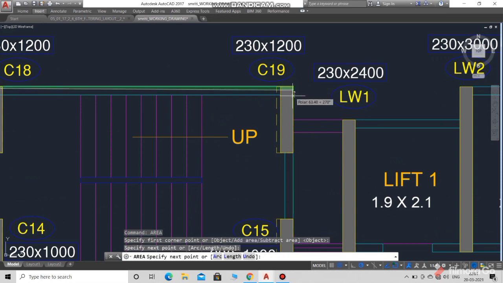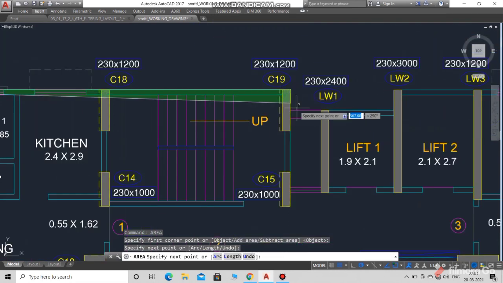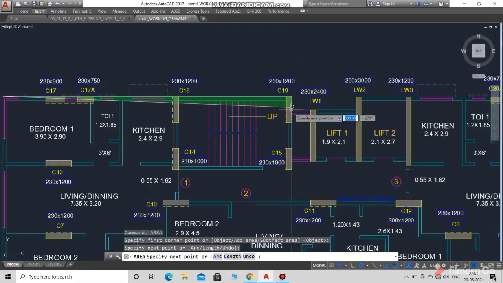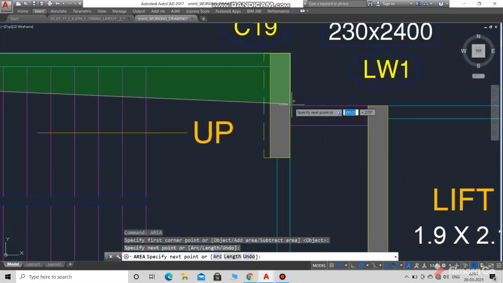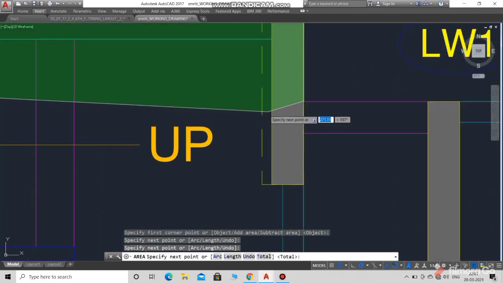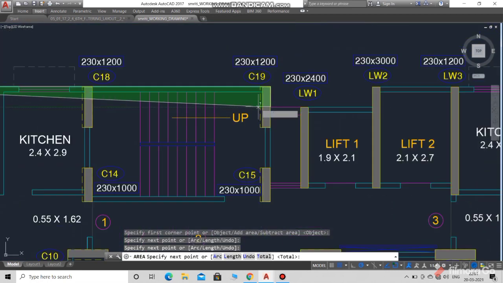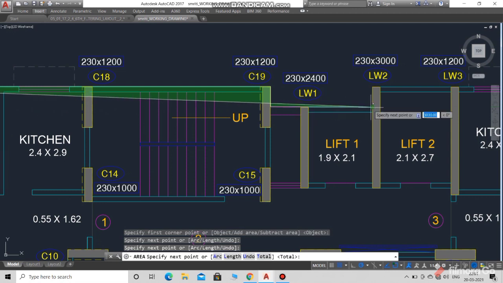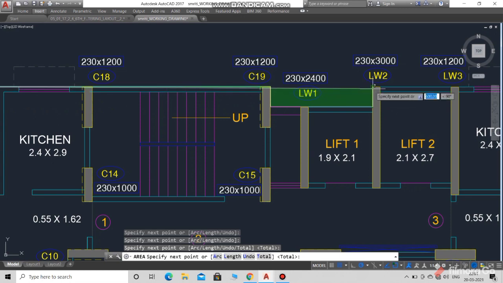So select another corner and select the third point. We are continuing this activity of selecting points.